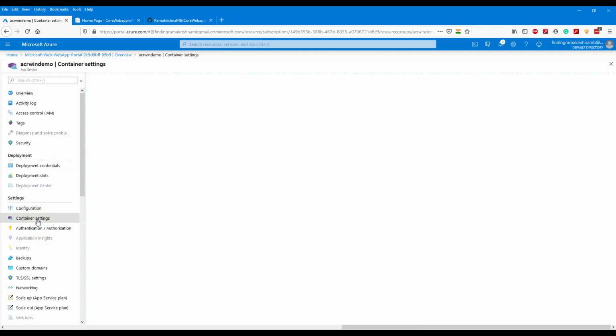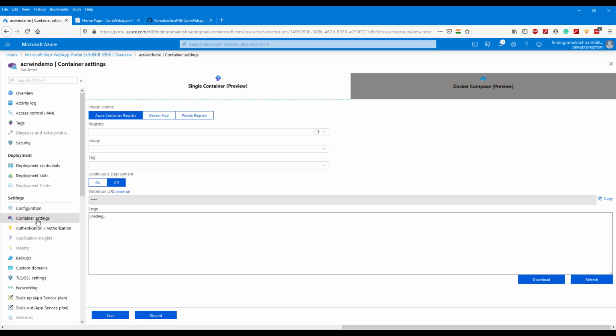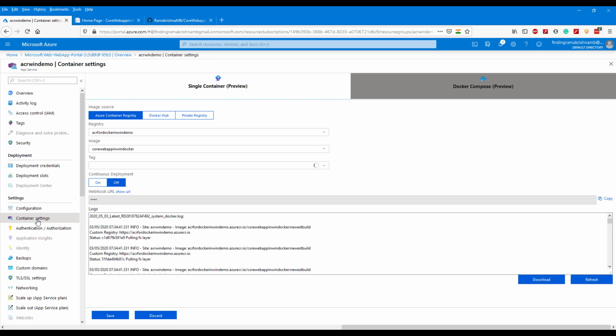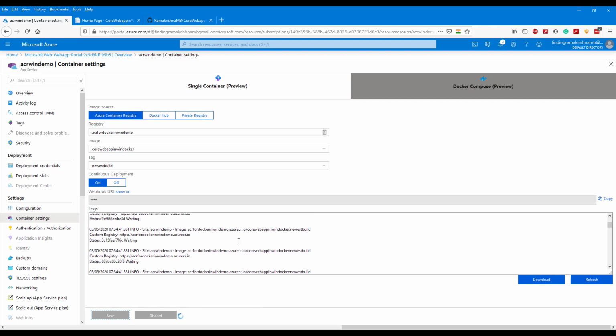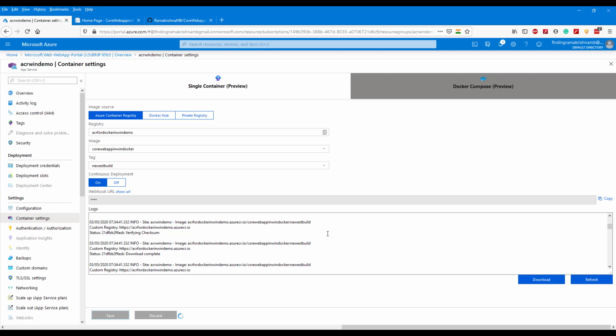Go to container settings and set continuous deployment to on. And save the changes. So this is the reason, even though our pipeline built and executed, we are not seeing our change.